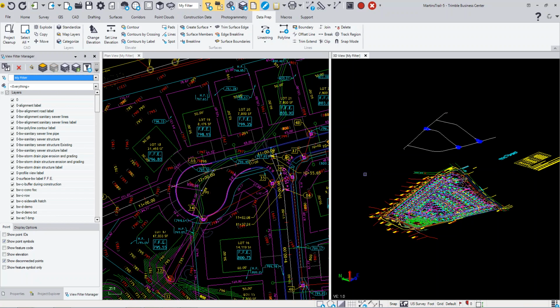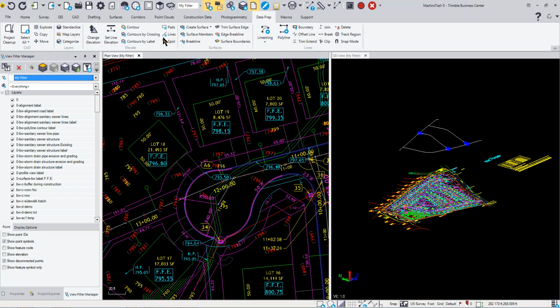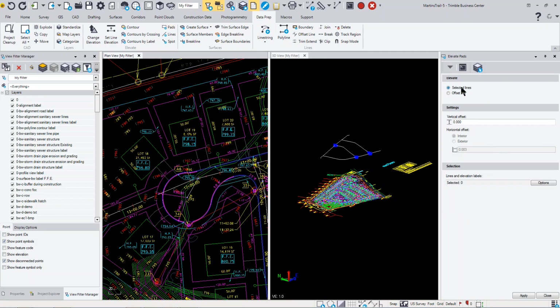You'll notice over here that they're all down here at 0. There's no elevation to them. So what I can do is use the pad command, which is on the data prep tab. I can select the lines, and I can even do a vertical offset. So if I wanted to take finished floor and adjust it down, maybe to put this pad at